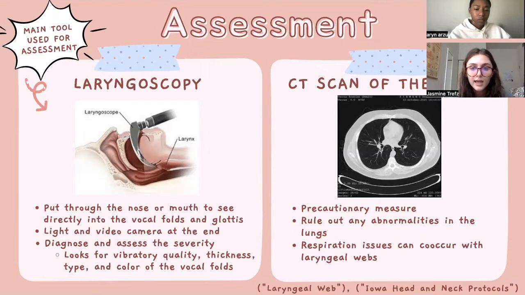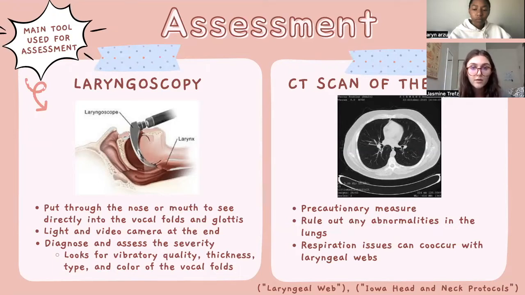The light at the end of the laryngoscope will help the clinician observe the obvious anatomical anomalies pertaining strictly to laryngeal webs, but it can also be used to assess the severity of it so that we can figure out what treatment is best. So what will happen is the clinician will insert the laryngoscope and instruct the patient to produce a sound. Some things a clinician may look out for during this assessment would be the